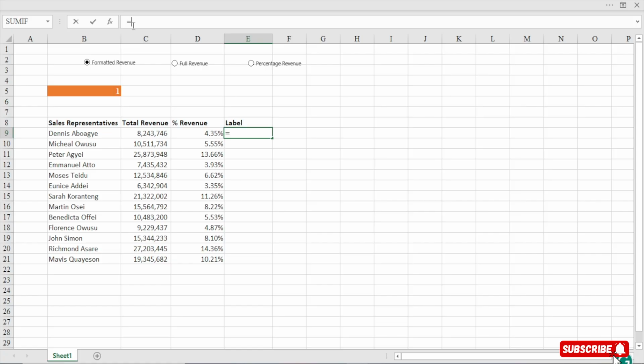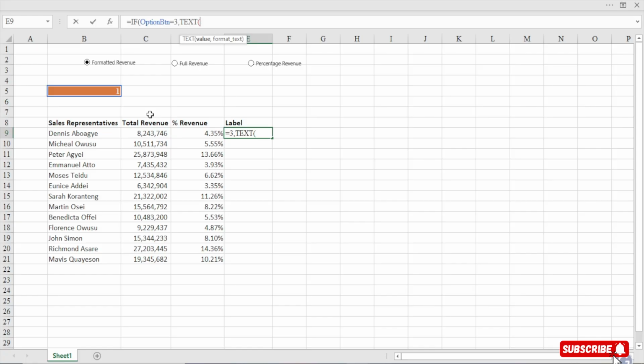So what I'm going to do is I'm going to say if the option button is equal to 3. You can also start from 1 or 2 or any number that you want to start with. So if the number in this cell is equal to 3, what I'm going to say is I'm going to format the revenue.